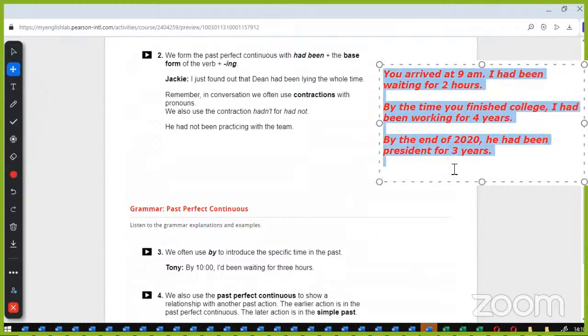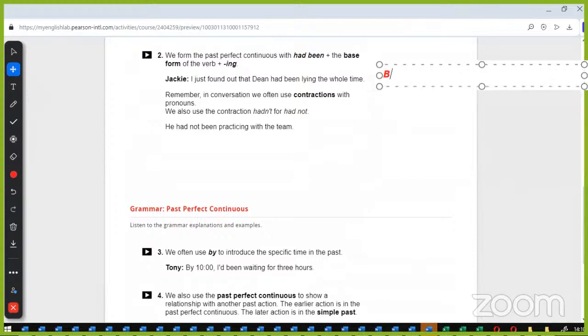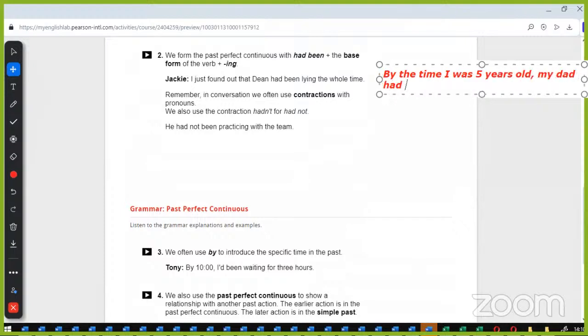So here, before or by the time I was 5 years old, my dad had worked at that company for